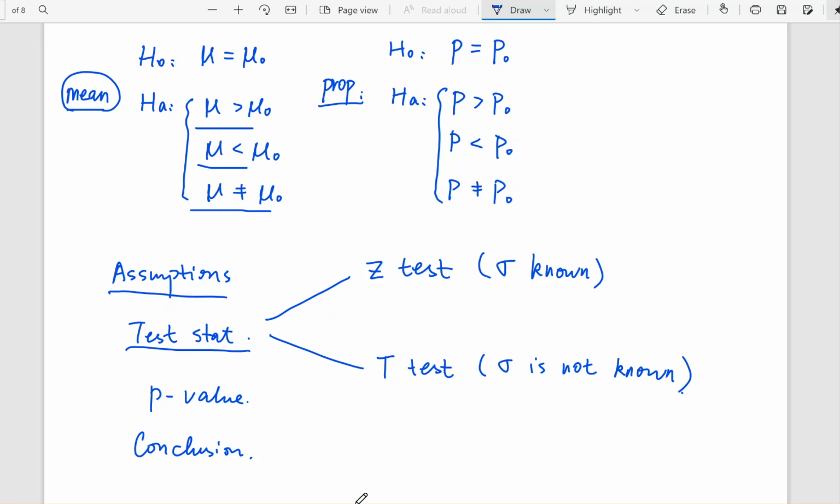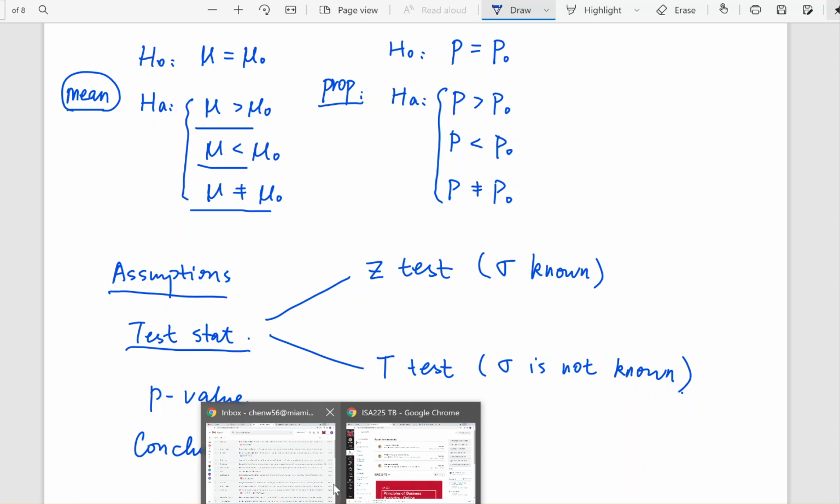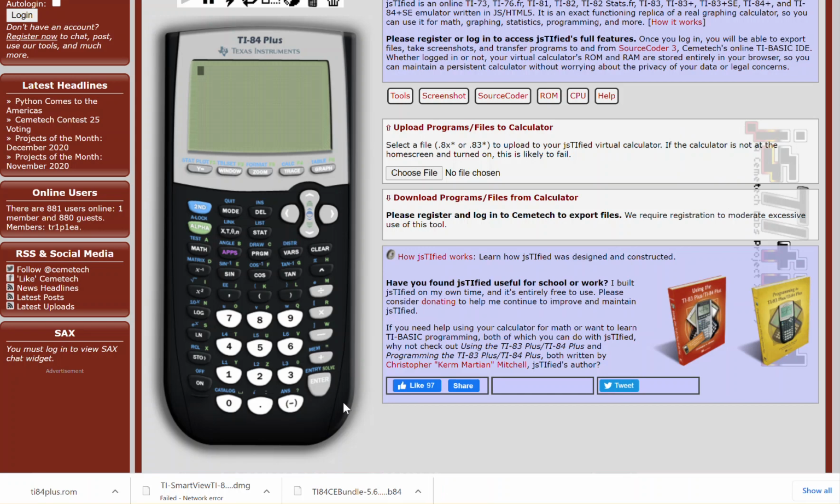All right, and then here I found an online calculator from a website, so I can give you some idea about how to use the calculator. This is the example for the TI-84 Plus, but if you have a TI-83, TI-82, or TI-84, you should have similar